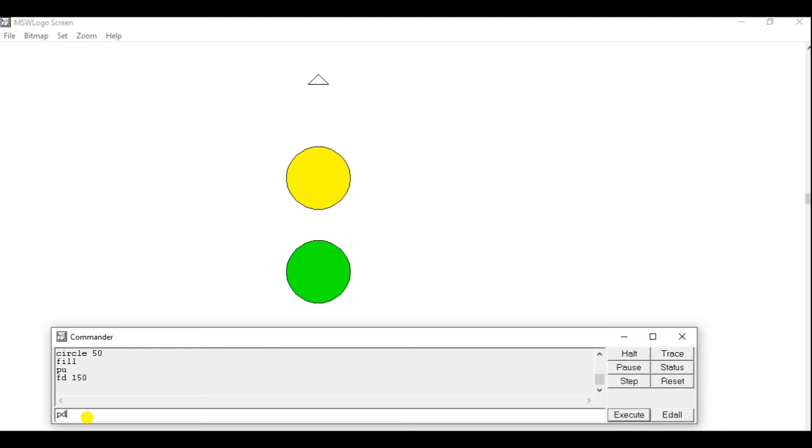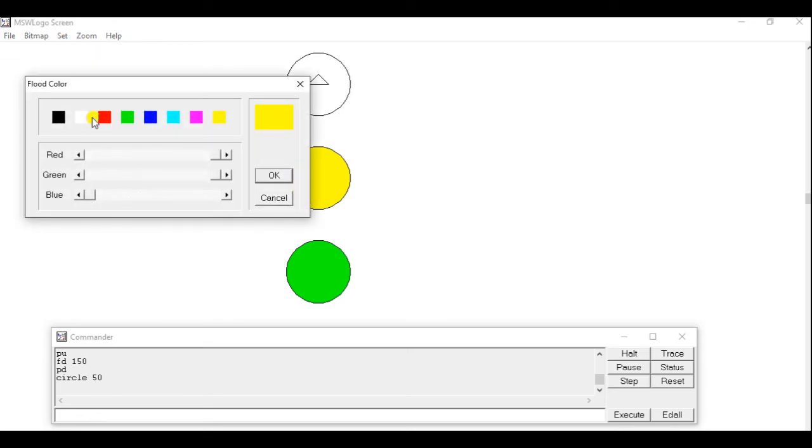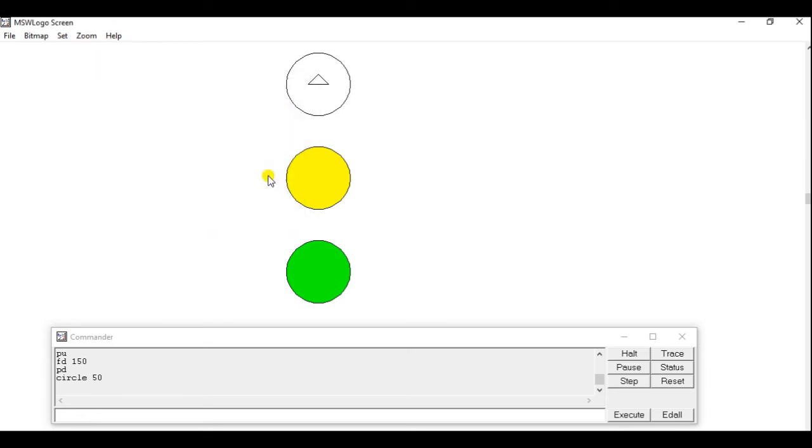PD, press enter, and then type circle 50. Then give it red color: set, flood color, red, and type fill.